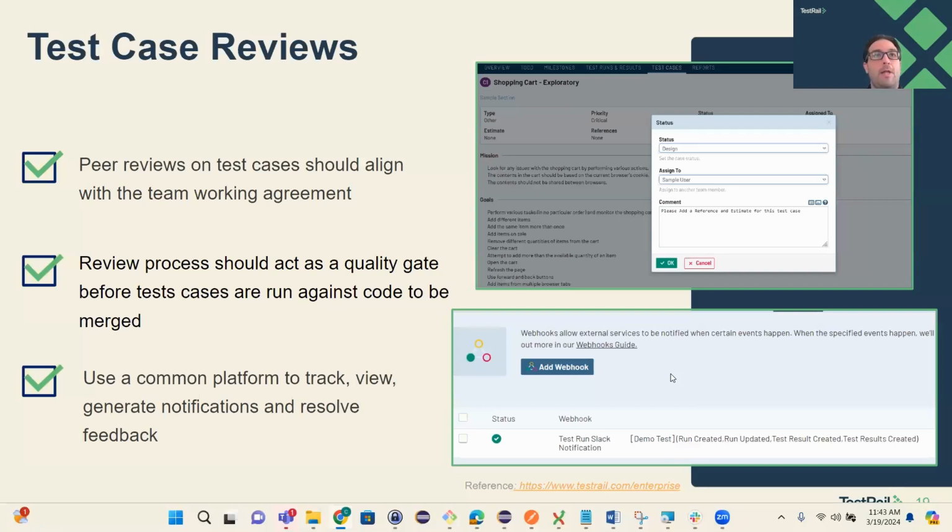It can automatically send a Slack message, and then teams, even if they're in a different time zone or working distributed, can reference that and say, oh, a new test run just got executed, or a new test case has been created. If no one's jumped on it, let me go and review it so we can move it forward. Let's align with our working agreement, get a good review on it, and it helps everybody move forward. So having some centralized tooling with good process is really a sweet spot for high quality tests in reviews.